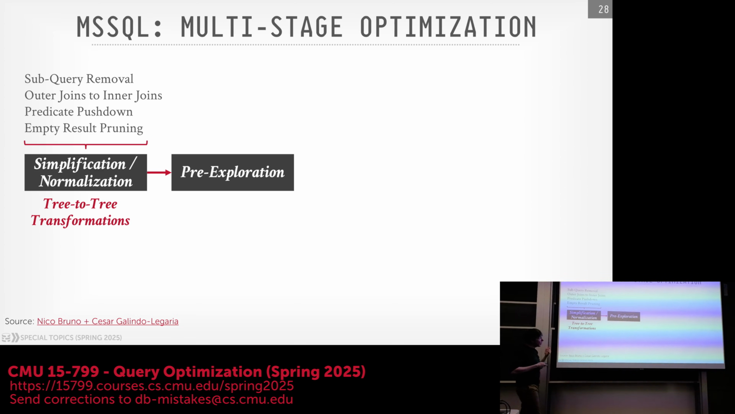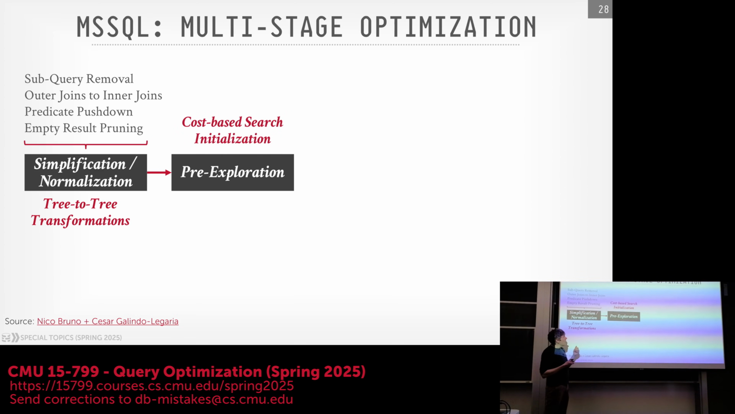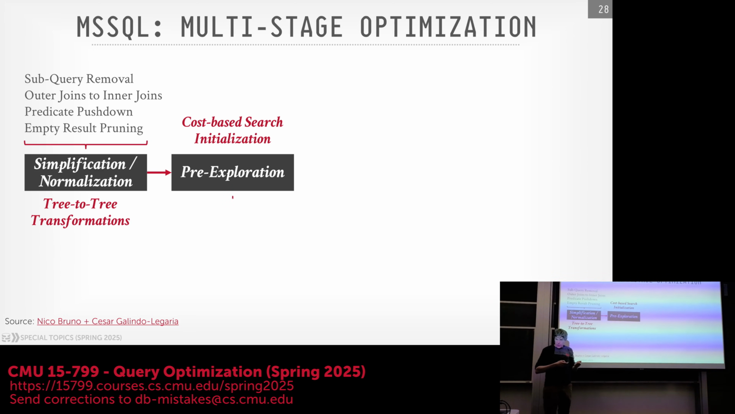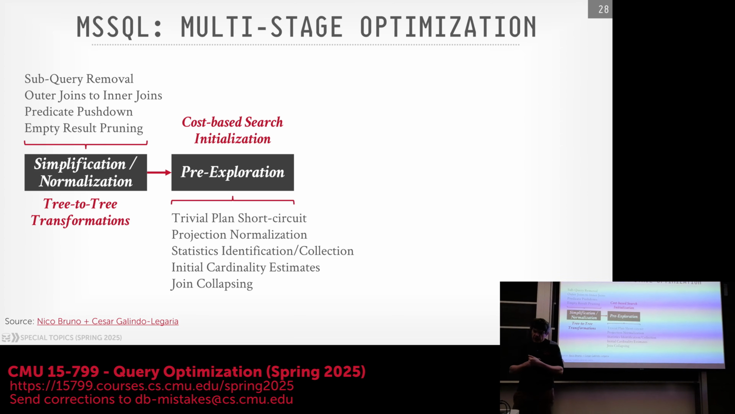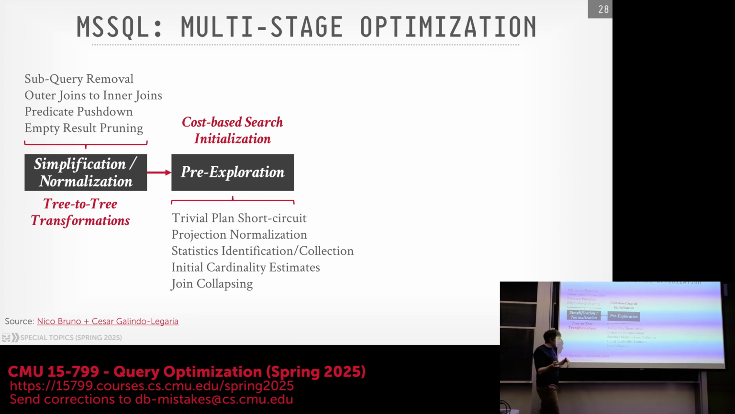Then there's a setup that they call the pre-exploration phase, where it's not going to be a cost-based search. It's more like you're going to set things up to get ready to do the cost-based search, right? So again, trivial plans you throw away,